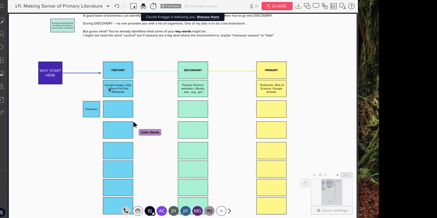And again, I'm looking for things that I don't know yet, like the mechanisms. Then I'm going to look for popular science websites, books, things with more reputable, hopefully less biased sources, but I'm always checking that. And finally, when I have a really strong sense of it, from there now, I'm going to go into the primary literature, where I can really uncover the exact